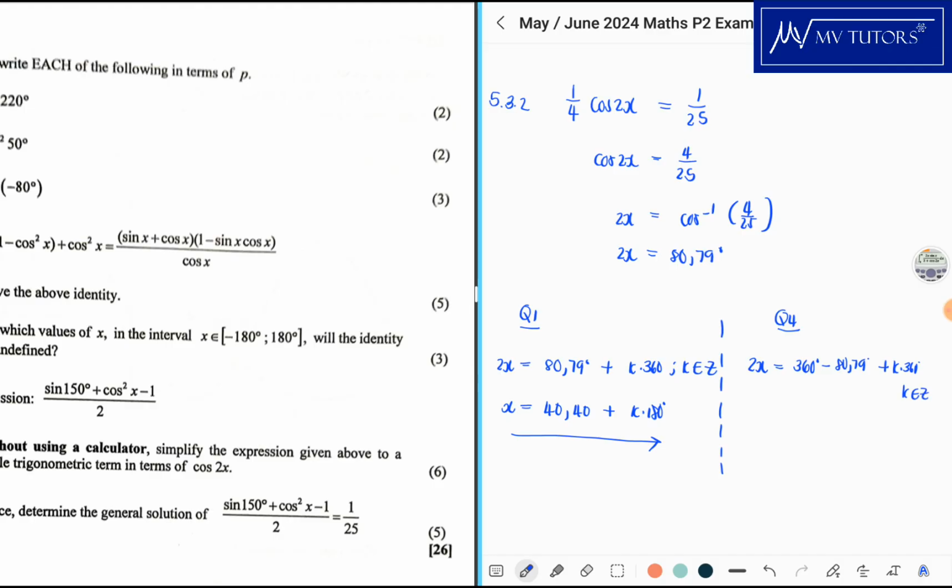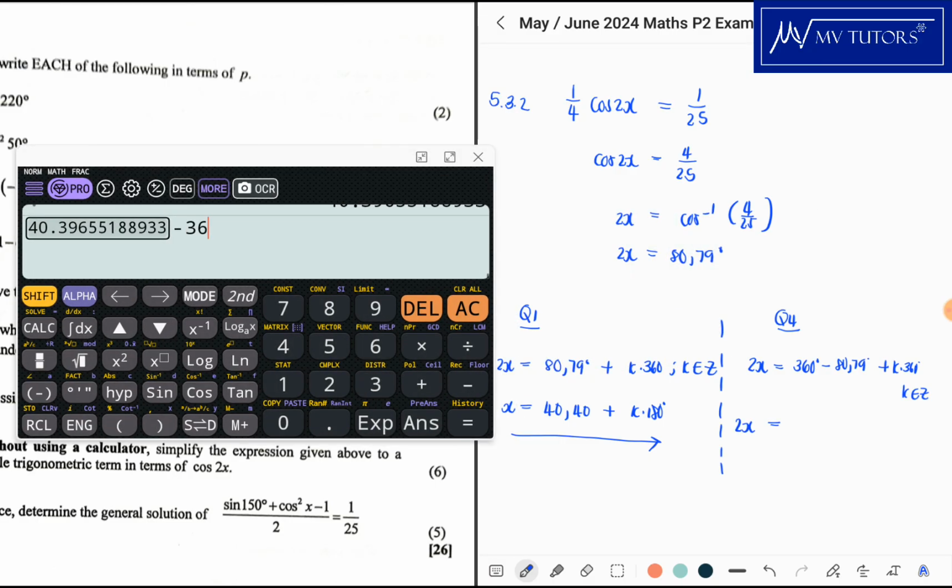So you could say 2x is equal to negative 80.79. But I've chosen 360 minus, so let's just continue with that. So now if I say 360 minus 80.79, I get 279.21